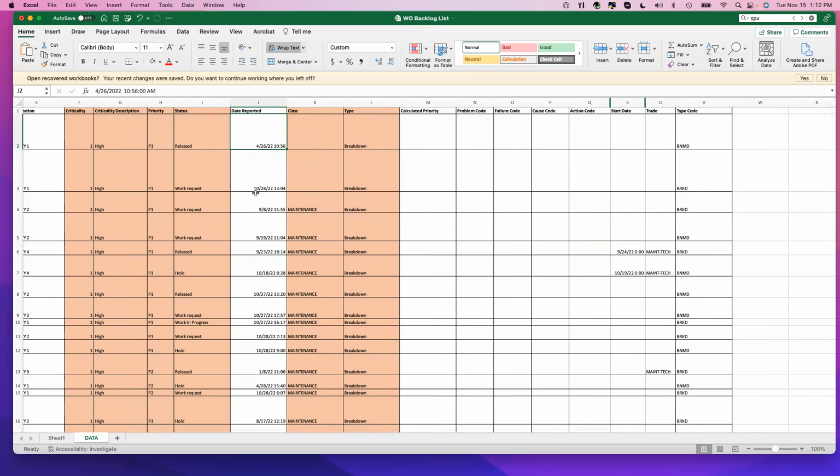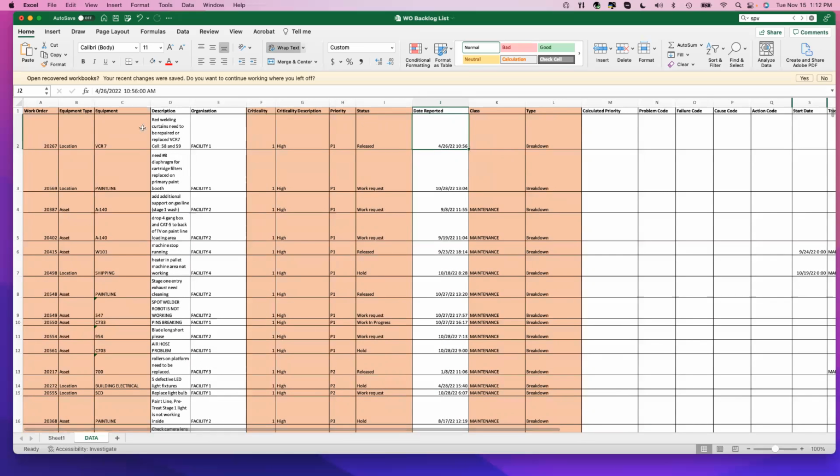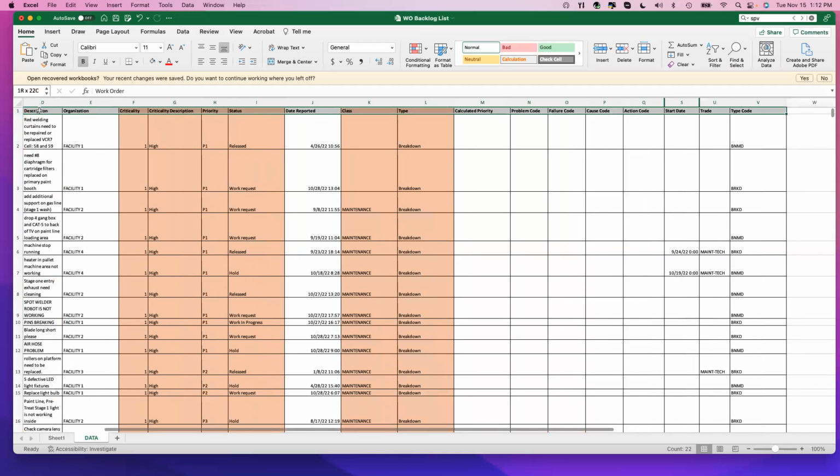Once we start working with our data, our first step is to take our data and group it, filter it out, make sure that we have the things that we want to work with. So looking at our data over here, we're going to do a simple